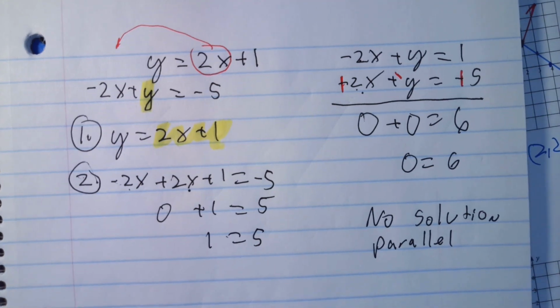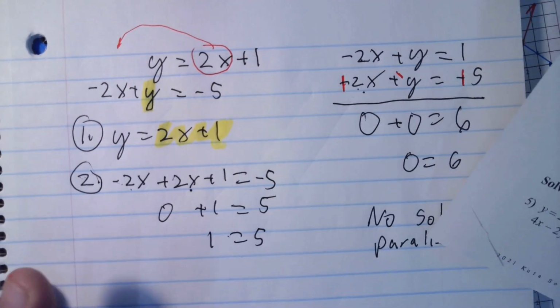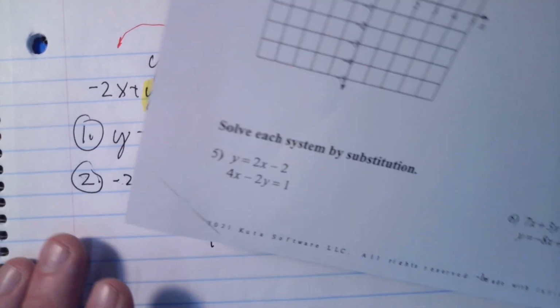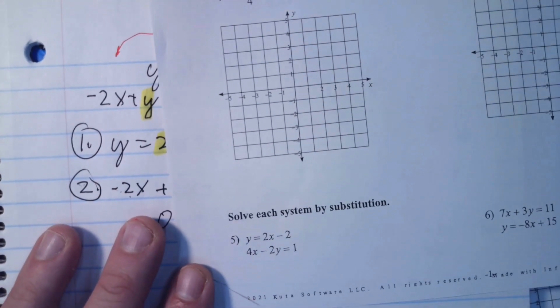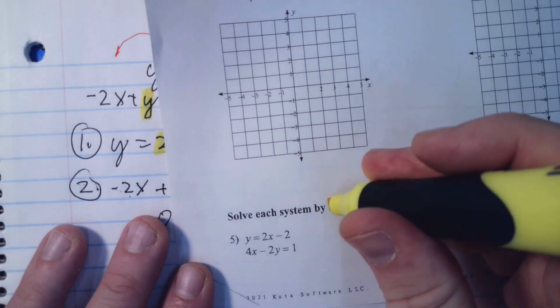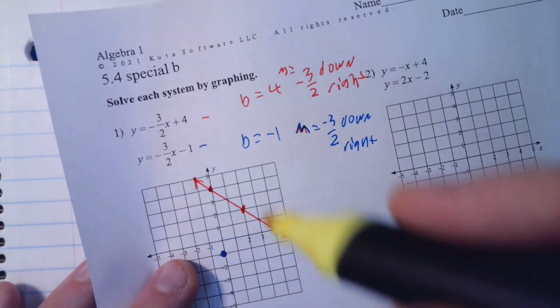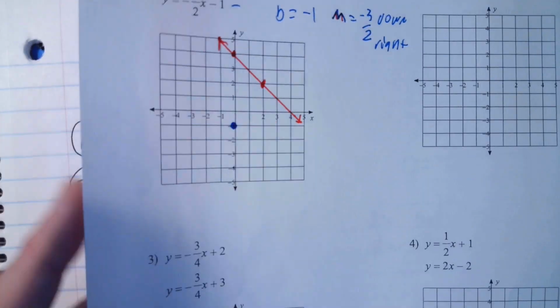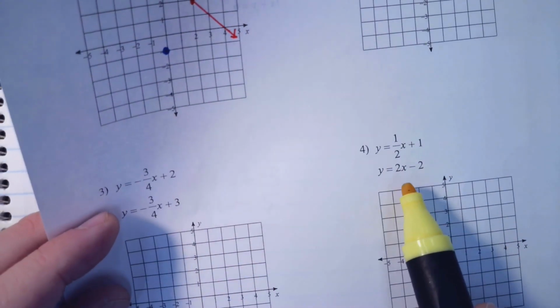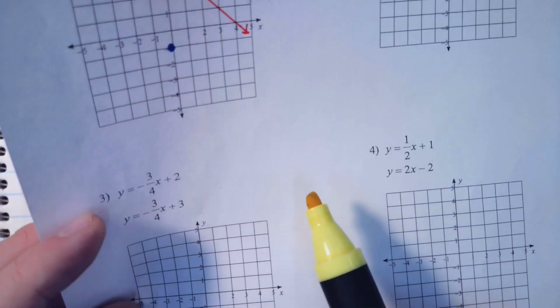So that's what I'm adding today. Don't want too much today. This is enough to get done. I want to go ahead and show you number 5 on here. And again, I'm going to suggest a method. I know substitution is an easy method. I know on this one, graphing is an easy method for these because it's in slope-intercept form. Do you have to graph them? No. You can do them any way you want to.